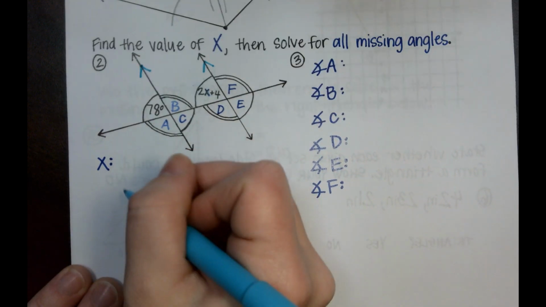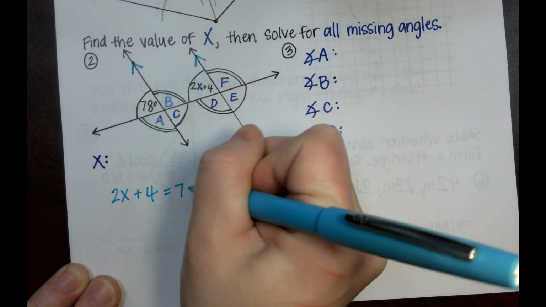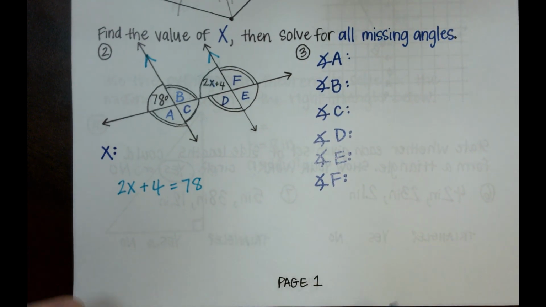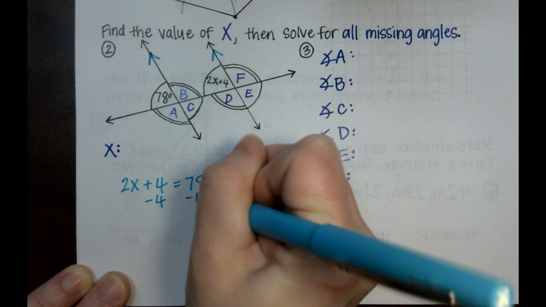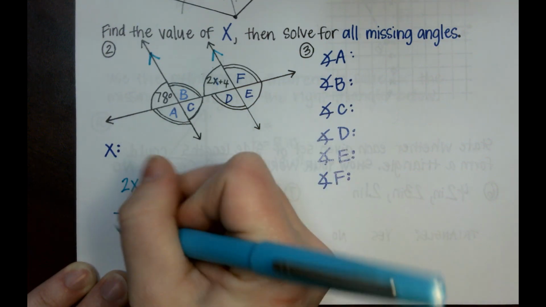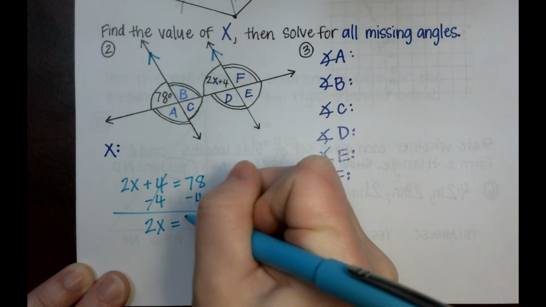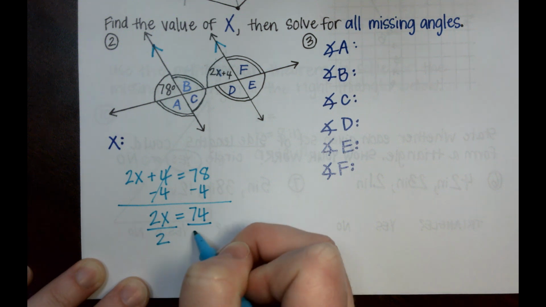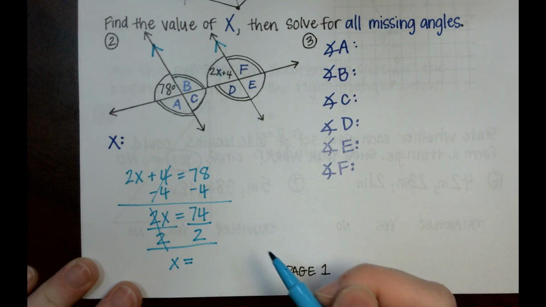So how would we solve for x? First you do 2x plus 4 equals 78. Perfect. 2x plus 4 equals 78. Something equals x. So what do I do here first? Minus the 4 on this side. Good. Minus 4. And that gives us 2x equals 74. Good. And one last step. Divide by 2. Perfect. Which makes x equal,